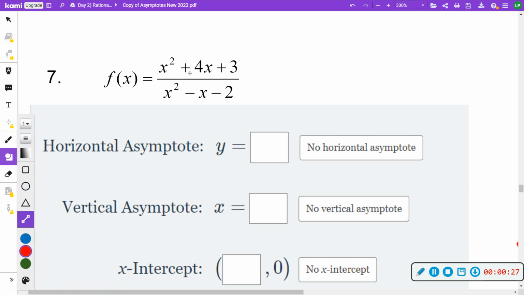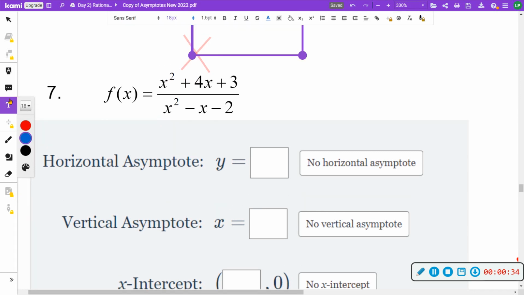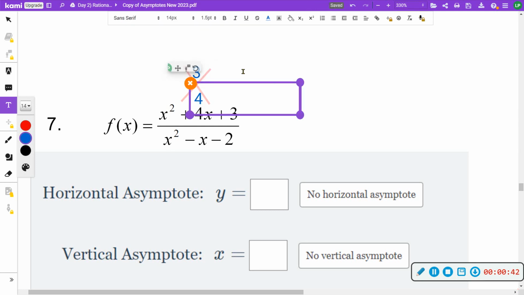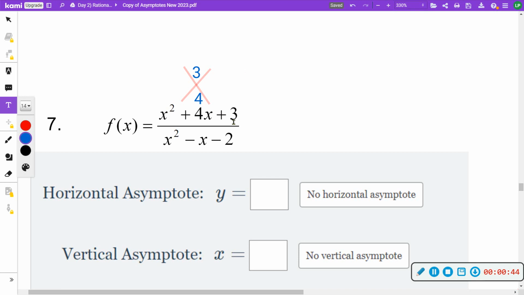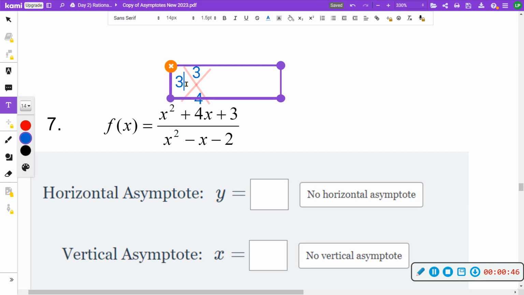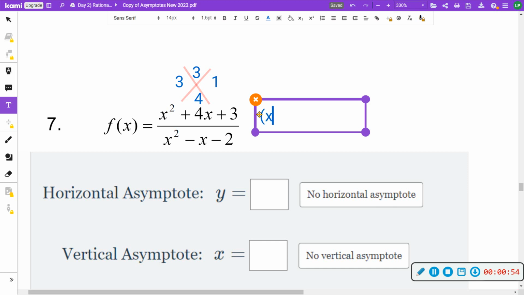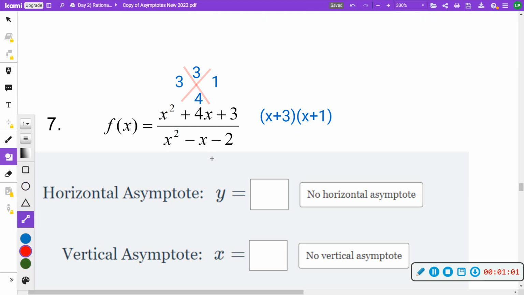When I factor this function on top, I am looking for two numbers that multiply to 3 but add to 4. The two numbers that multiply to 3 and add to 4 are 3 and 1. And so this on top factors into x plus 3 and x plus 1, and that's going to be divided by